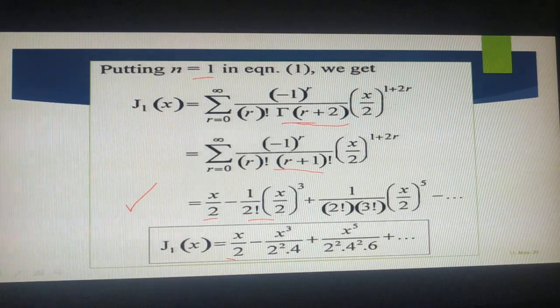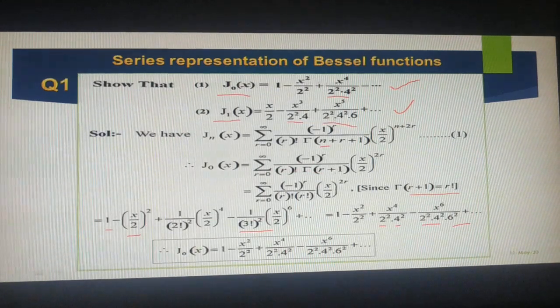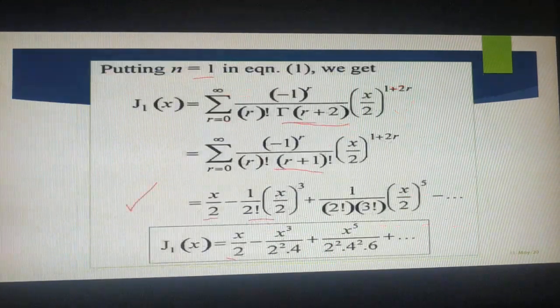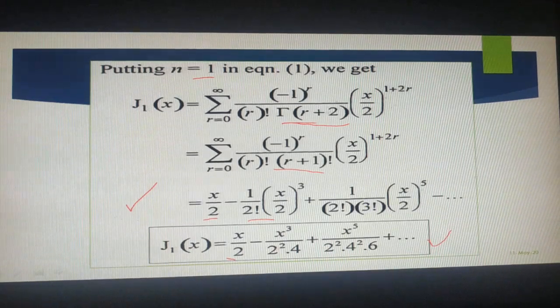Actually, what we need to write is 2 square into 4. If you see the answer, we have to write this as 2 square into 4. The next term will be 2 square into 4 square into 6, isn't it? So in that way we have to write it up. Of course, this is actually x cube by 16. That 16 we can directly write, but as per their requirement we have to represent it as 2 square dot 4, plus